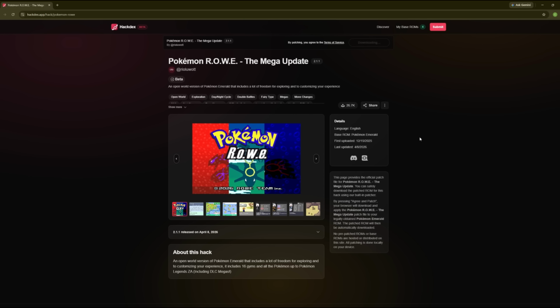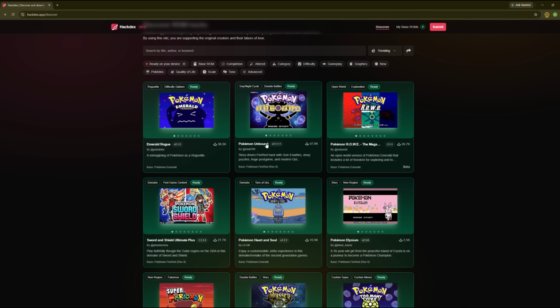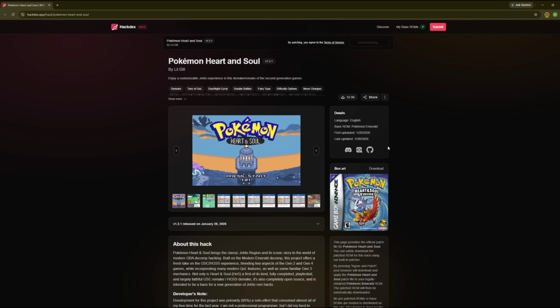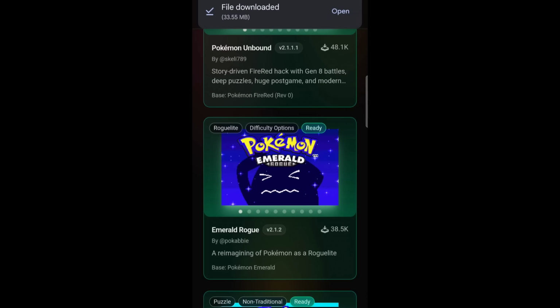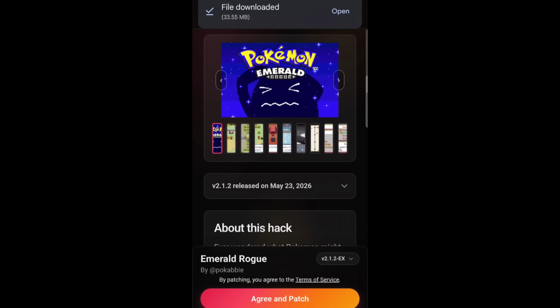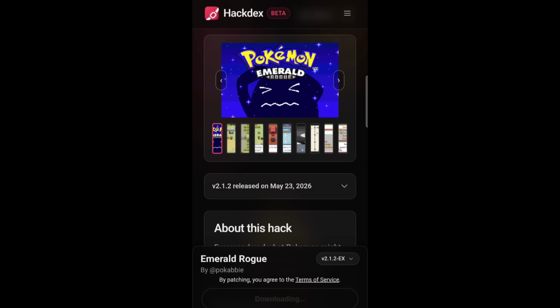But once you do that, any hack on this site that uses a ROM you've provided as a base will be patched automatically when you download it. This saves even if you close your browser or shut off your device. I'm assuming it'll reset if you clear your browser data, otherwise you should never have to worry about resubmitting your